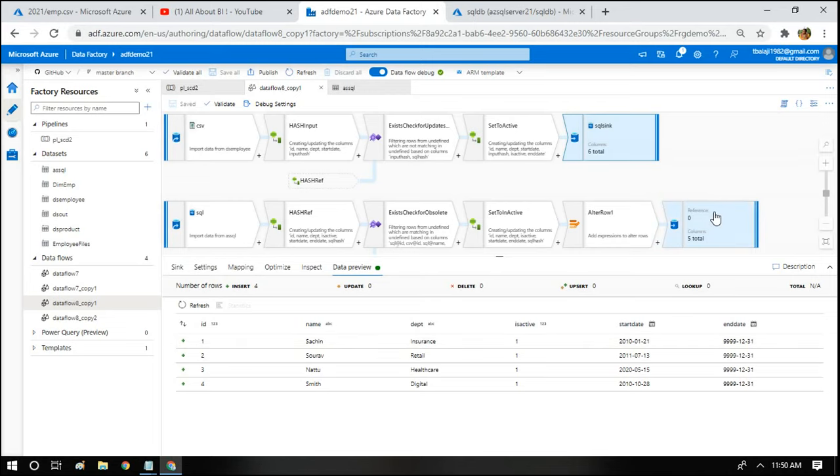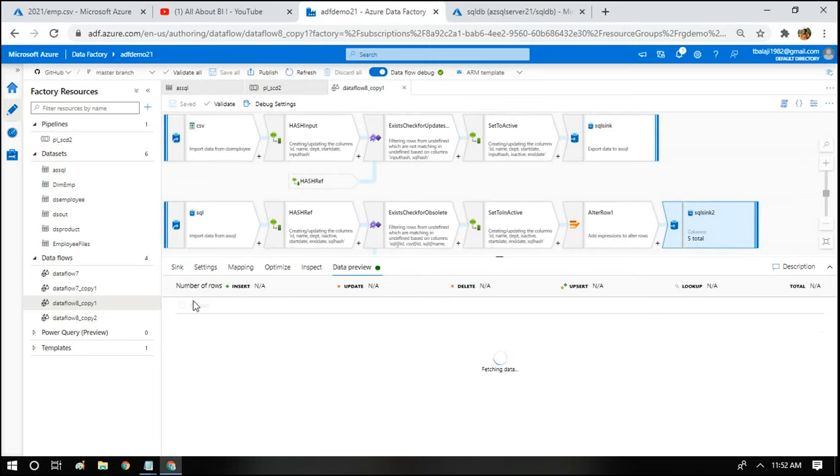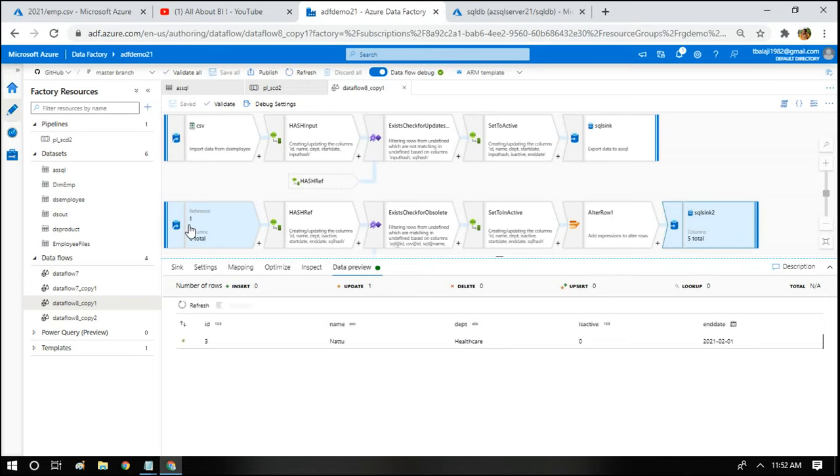Okay, so let us wait. One thing to note here is if you have inserted some records and you're trying to make changes to the file and the data preview, it might not give you a perfect answer, because you should be refreshing the pipeline, since it should be getting the current records from the table. Right now the table has 4 records, so the data should be refreshed. So just close the pipeline and data flow once, or do a refresh so that the source and sink get refreshed.